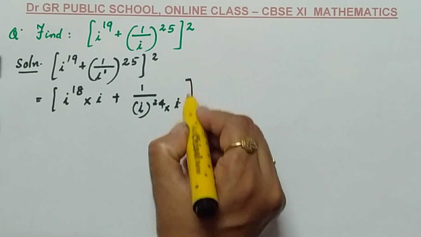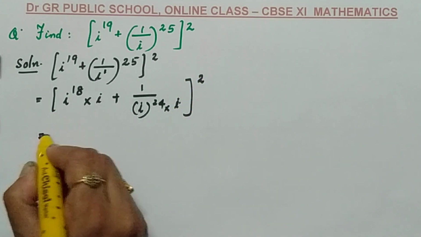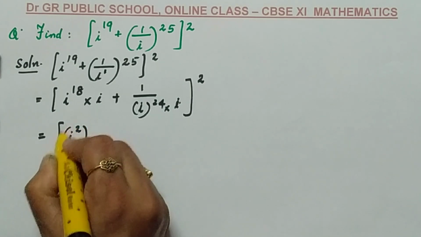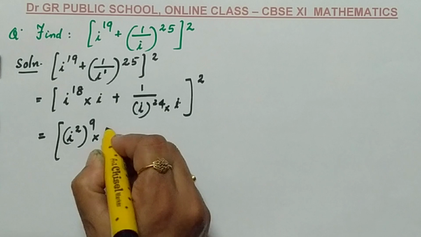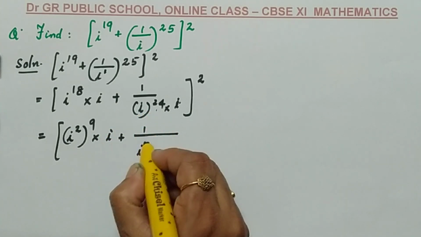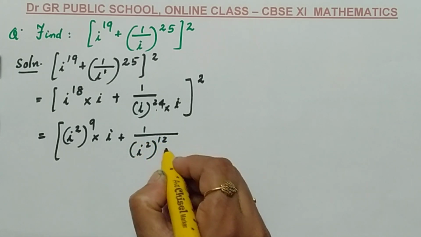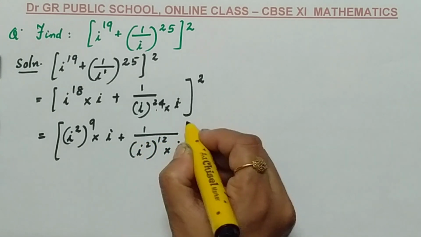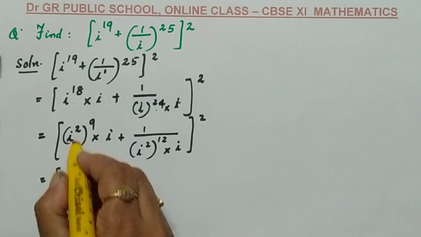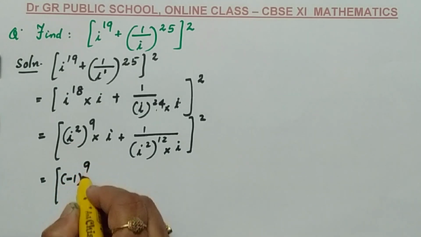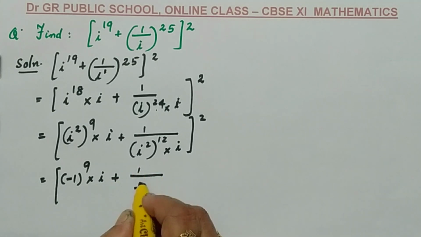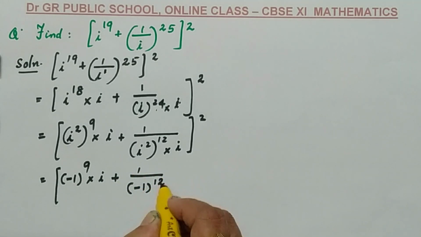Now the whole raised to 2, which is equal to: i raised to 18 can be written as i square the whole raised to 9 into i, plus 1 by i raised to 24 can be written as i square the whole raised to 12 into i, the whole raised to 2 equals, again, i square is minus 1 the whole raised to 9 into i plus 1 by i square is minus 1 the whole raised to 12 into i